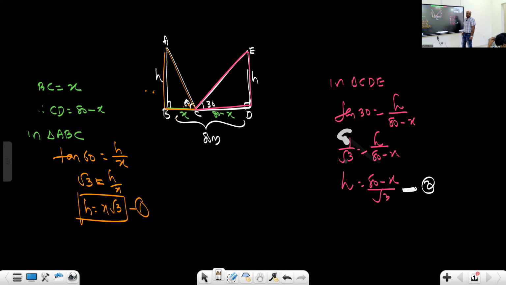Equation number 2. So now what you can see, 1 and 2 left side are the same, no? So from 1 and 2, left side same means right side you can equate. From 1 and 2,